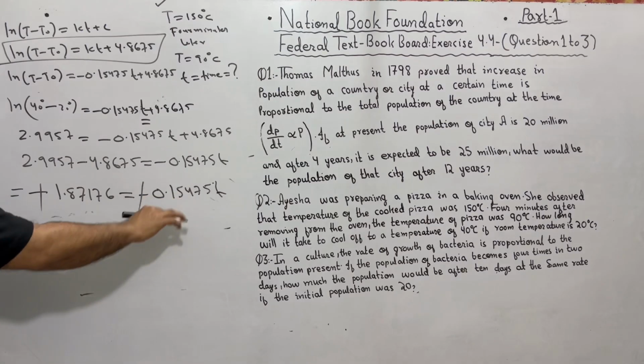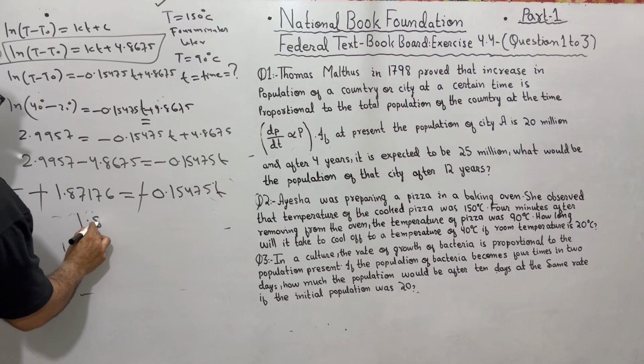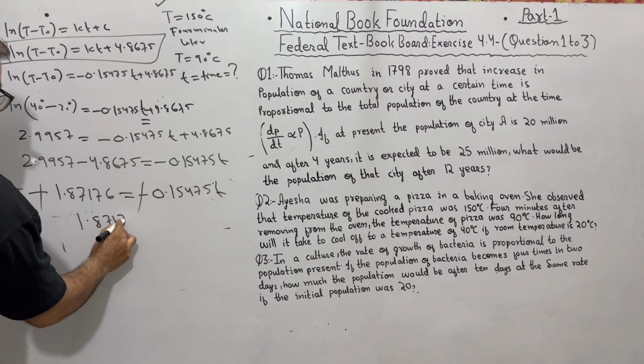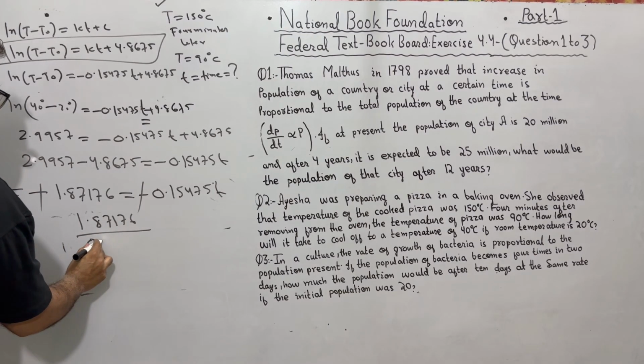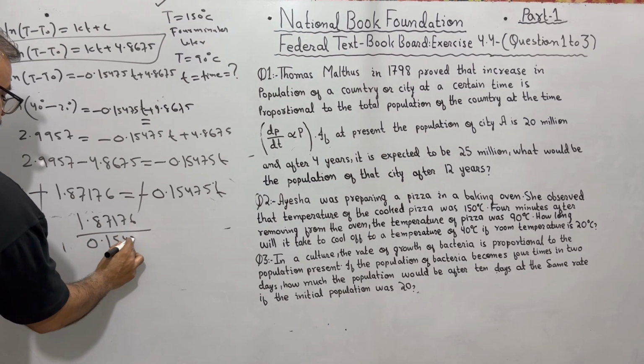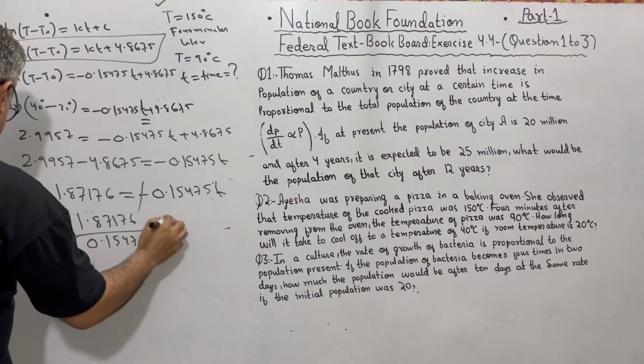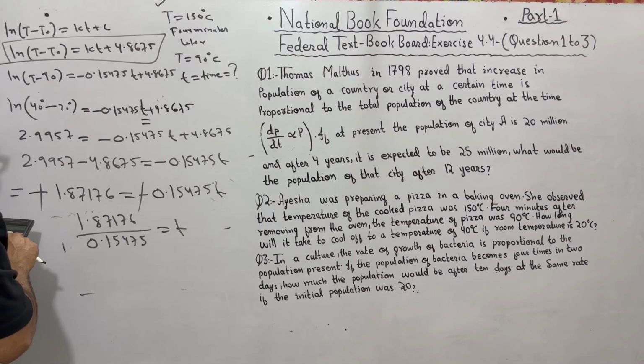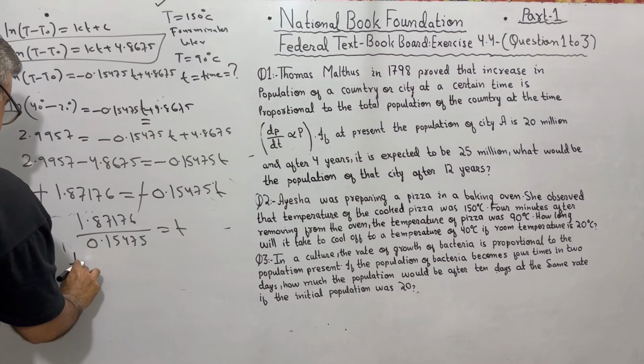Negative and negative cancel. Shift this quantity here: 1.87176 divided by 0.15475 is equal to t. Dividing by 0.15475, our time is